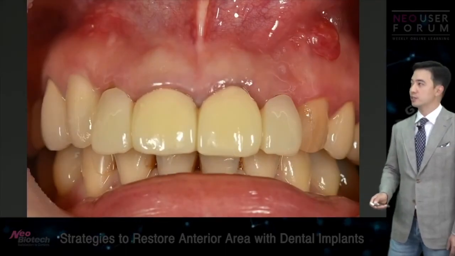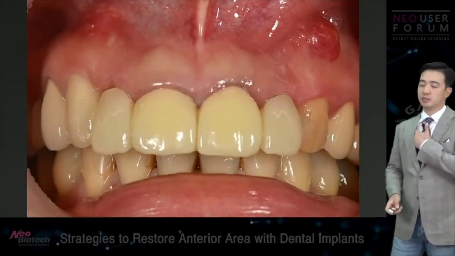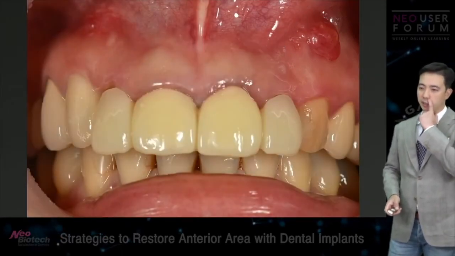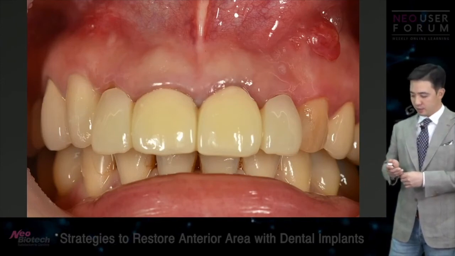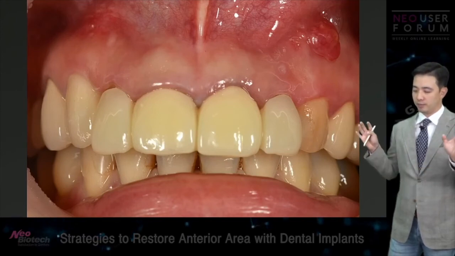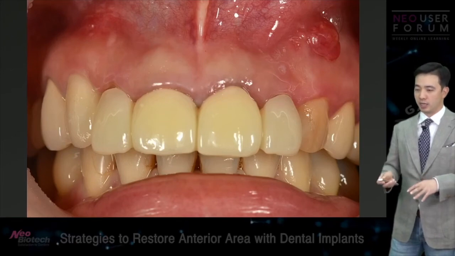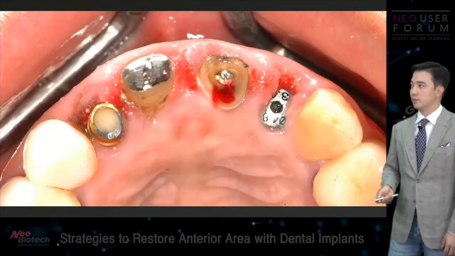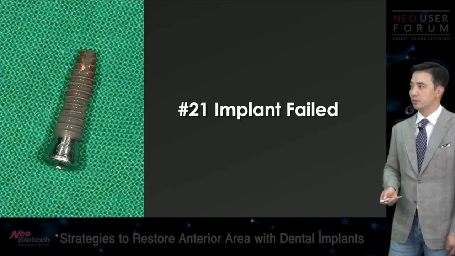Well, the problem was this. The patient comes in, saying, "I have discomfort in this area." What I tried to do was put everything in in a minimally invasive fashion, but it just didn't work out this time. So I had to take out the implant because number 21 failed,